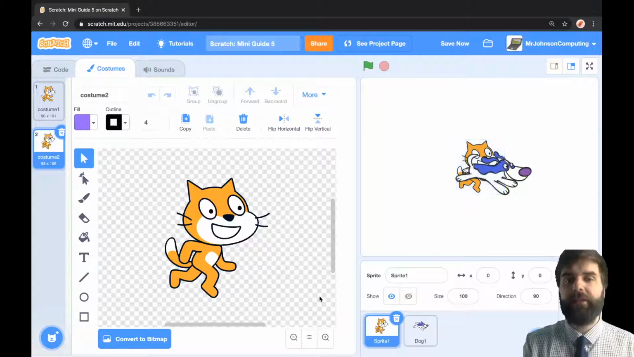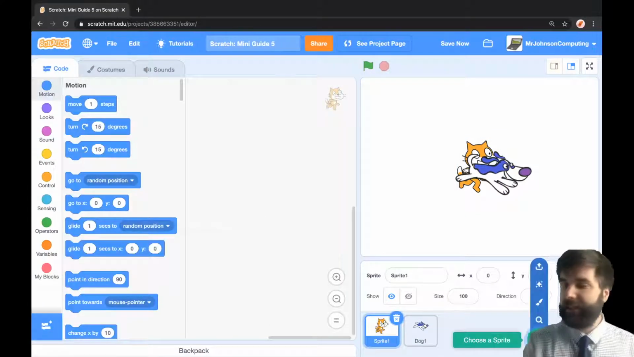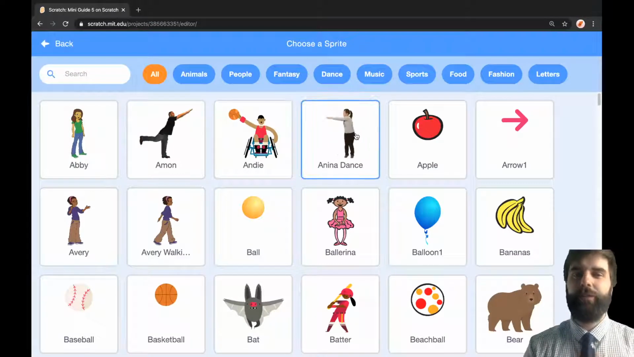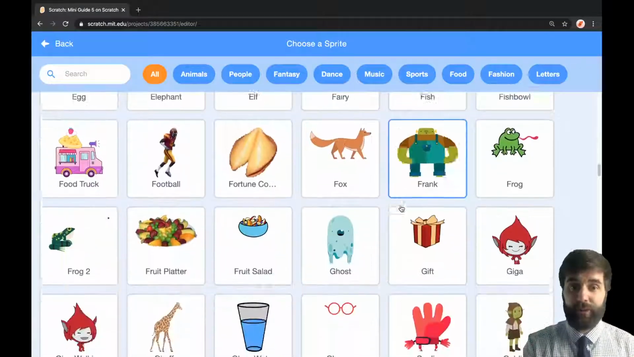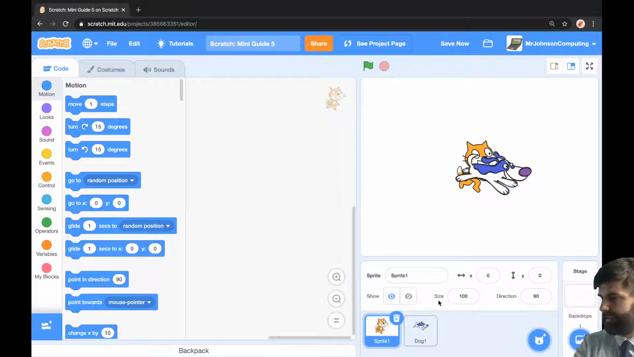Now, I would recommend having a little look through the different Sprites library. There are loads and loads of sprites. So whatever you're doing, you should be able to find a sprite to match your project. And if that fails, then what you can do is, if we go back down here and hover over here,